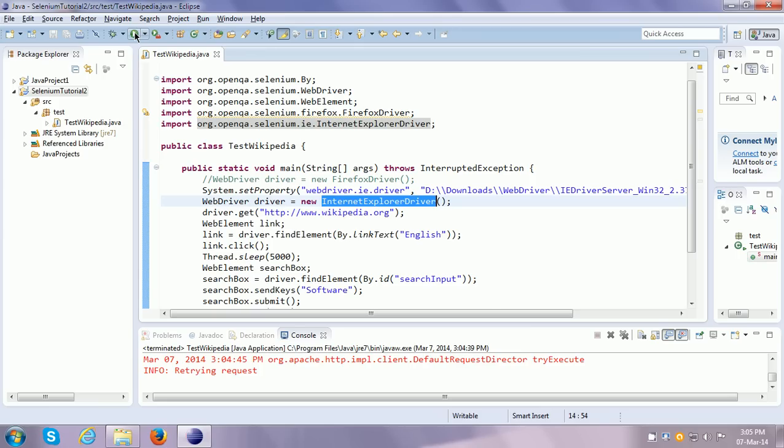For more details, you can contact us for the Selenium IDE and Selenium WebDriver training. We cover a number of topics in that training. First of all, we cover object-oriented programming concepts. Then we cover Java programming, and then we cover Selenium WebDriver commands in detail, and we also cover TestNG, the unit testing framework, and also the page object pattern.